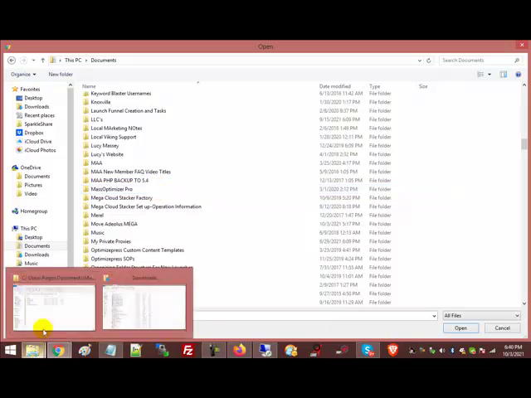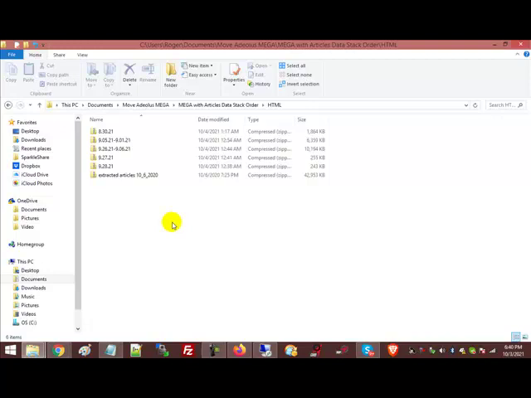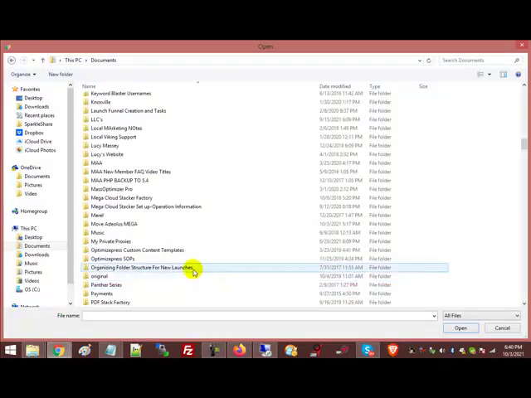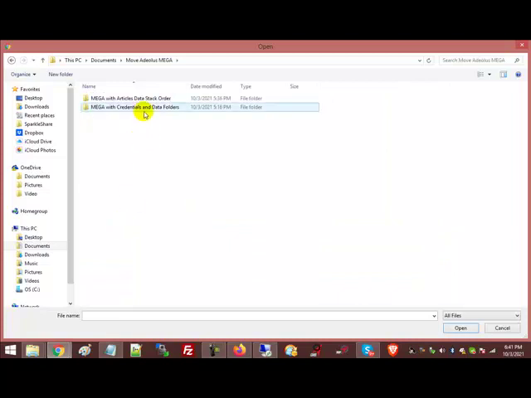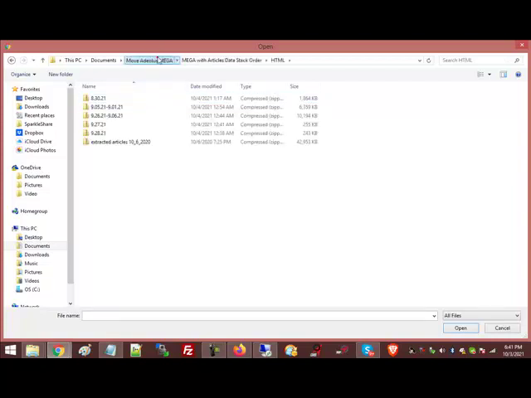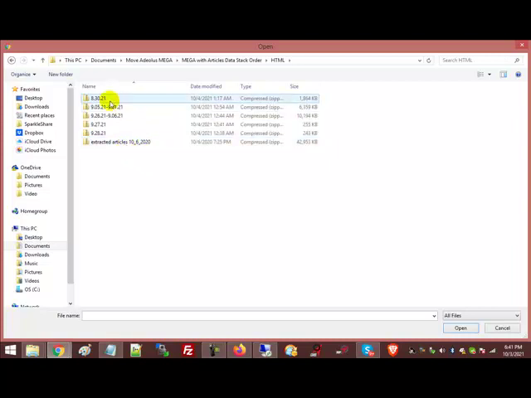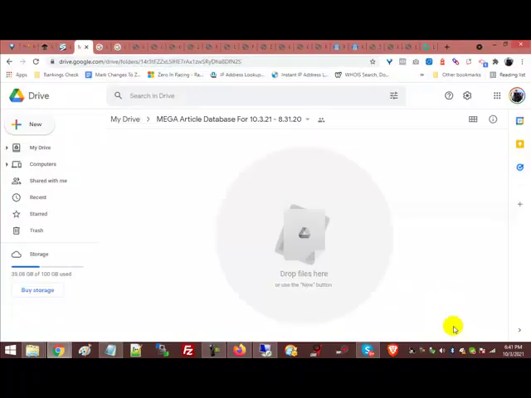There we go. Articles with data stack order. Let me see which one this is. Okay, so it's Mega with articles data stack order, HTML, and I'm just going to choose all of these and